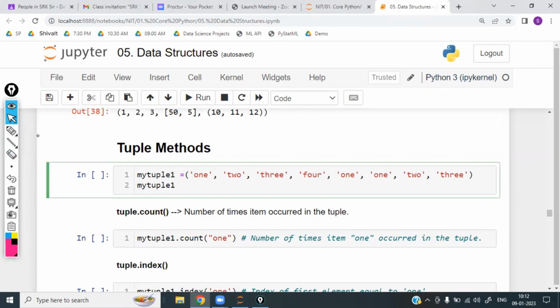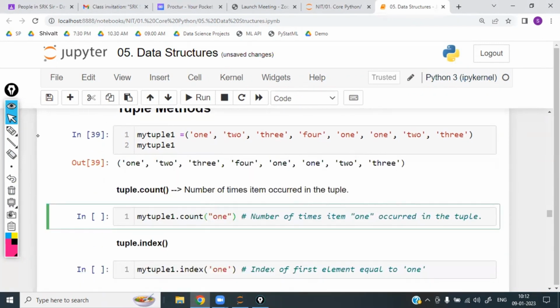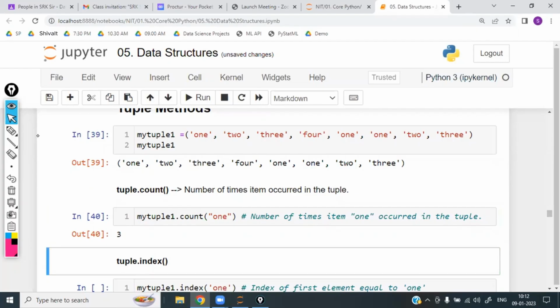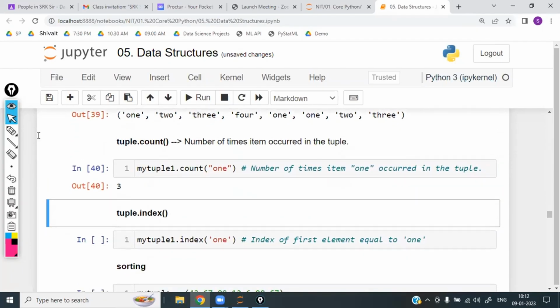Tuple methods. What tuple methods are available? Inside that, count is going to do the count. How many counts are there for this particular one? ONE, how many times repeated? 1, 2, 3. 3 times repeated. So it is just counting, just frequency. It is not doing modifications, right? Just see. And similarly, index